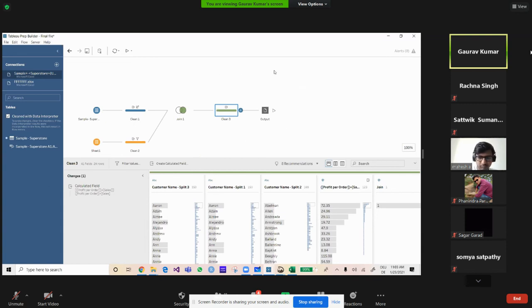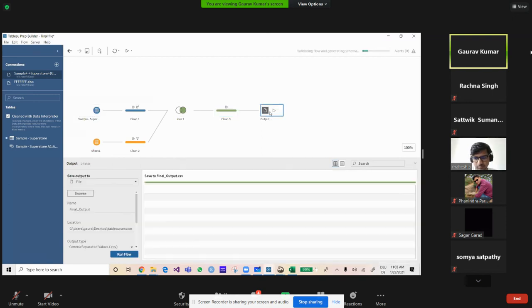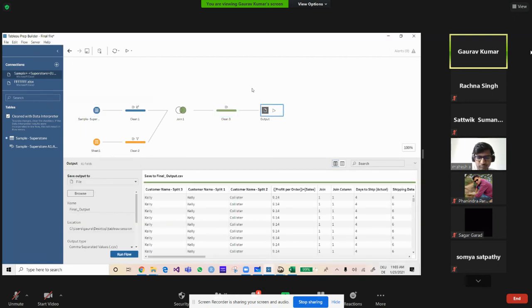Without code, you can use this technique to clean your data or pre-process your data. Only clean and pre-process, not imputation and all that stuff, because here it's not possible to do that. And you can upload these flows on a server, and whenever anybody wants, you can just go and change this. If the schema is same, just change these things, and then click flow run, and the whole thing is done in a second. So this is basically what Tableau Prep is doing.